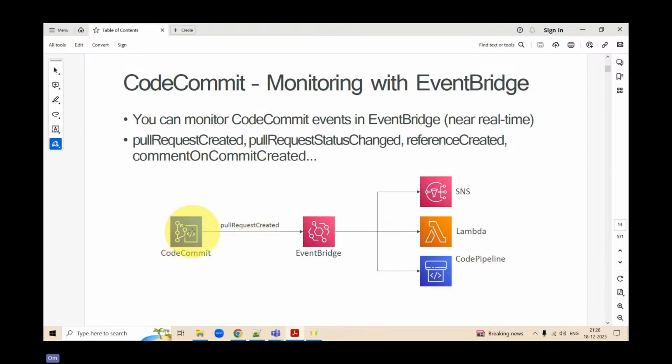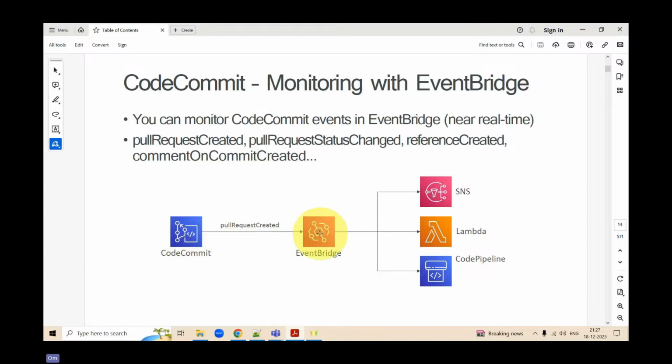Let's take an example. Every Saturday morning at 9 o'clock, whatever code you have been working on needs to be deployed into production. You have created your code and pushed it into CodeCommit, so now this code is built and tested.